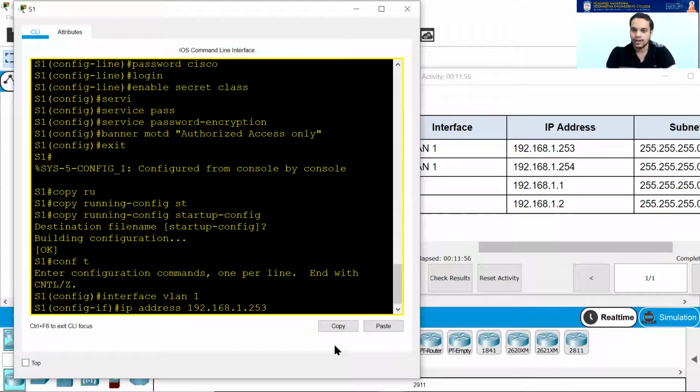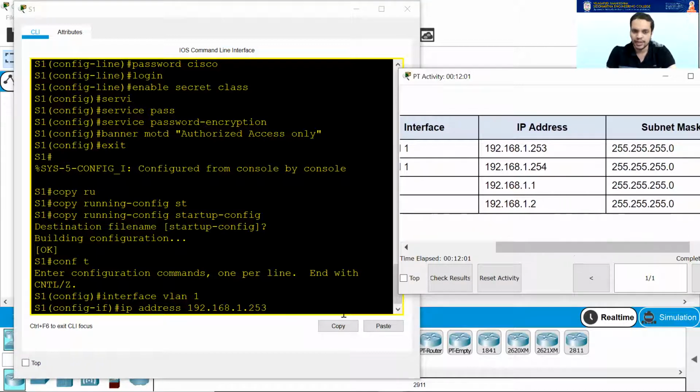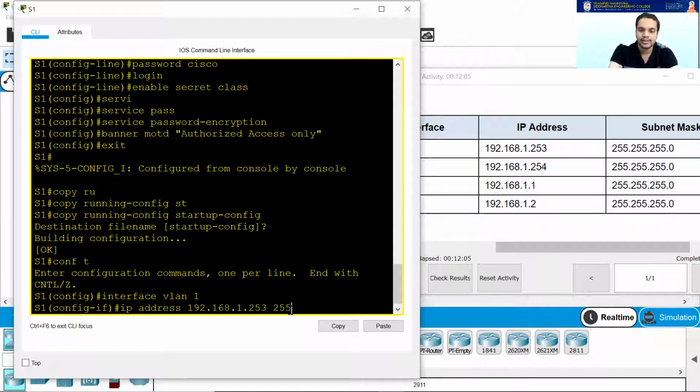Also, please remember that unless you specify the subnet mask for an IPv4 address, it has no meaning attached to it. So whenever you assign an IP address to an interface, hardwire it into your brain that you have to enter the subnet mask along with it. If you don't enter the subnet mask, the command won't work. And if you enter a wrong subnet mask for any reason, your IP address configuration goes into a complete error.